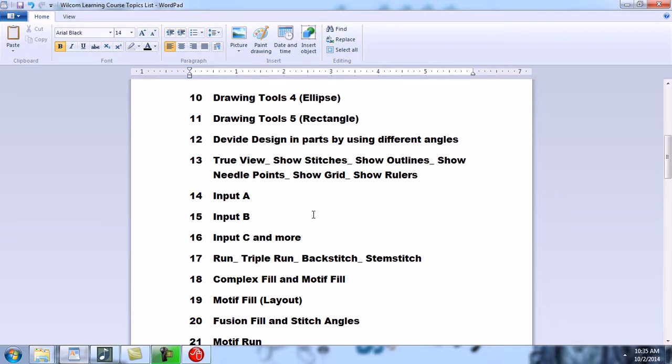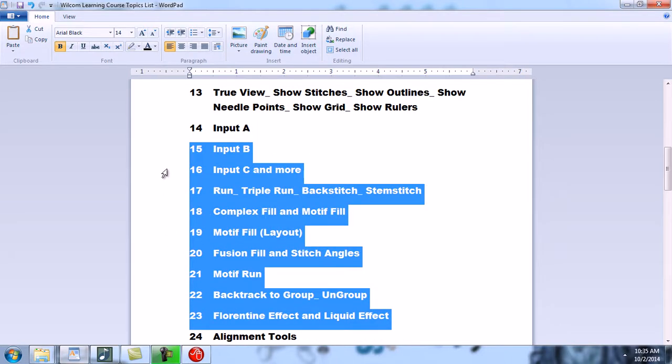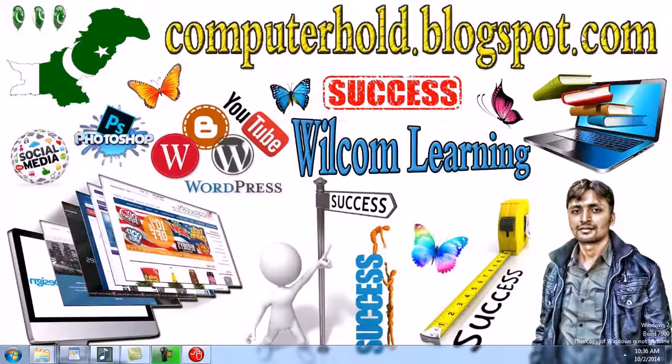Many other things also, which will be helpful in all the next topics. All these tools are also punching tools. We use these tools to make the design, I mean punching. And after that we will learn about traveling, meaning how the machine will make the design. And in traveling we have to remove the trims and jumps, and see how the machine will make the design color wise.